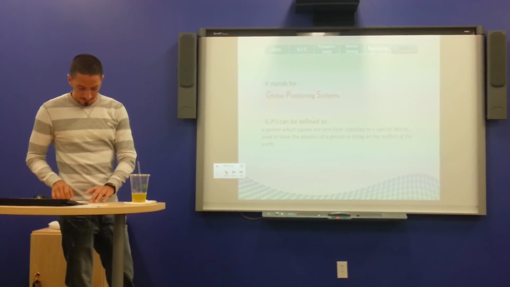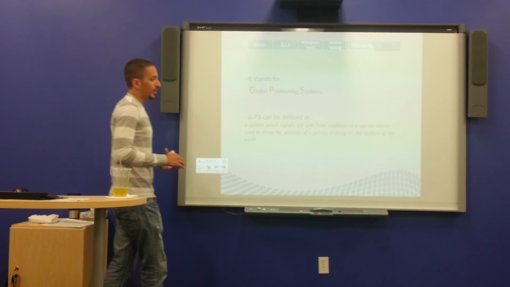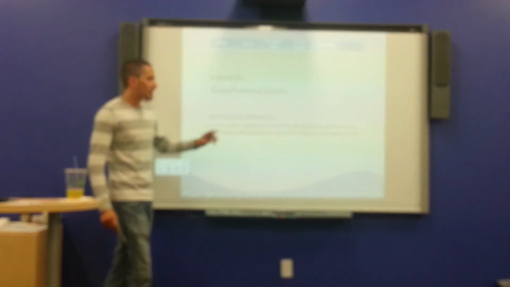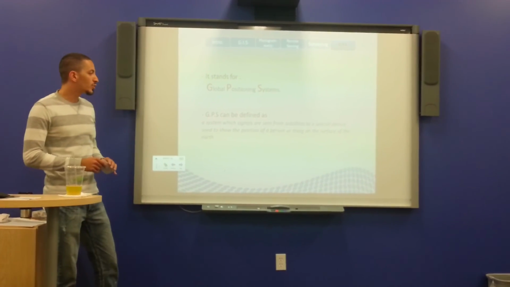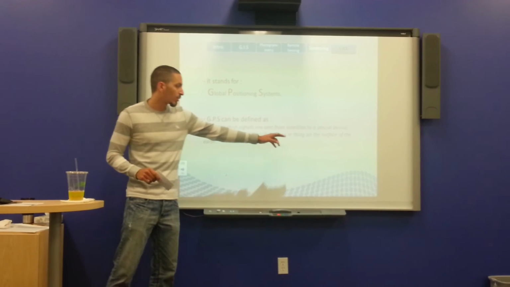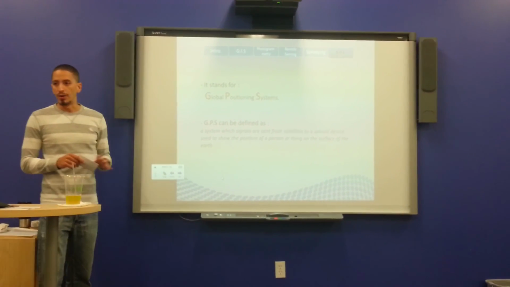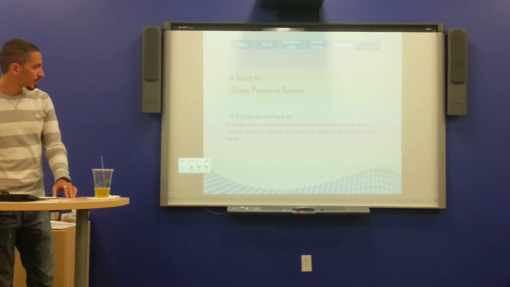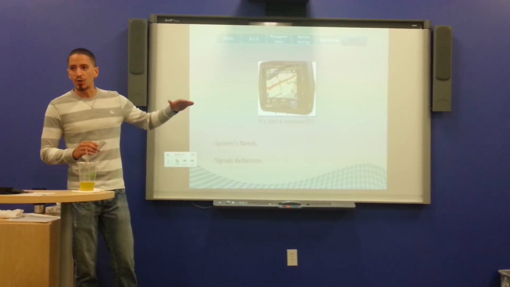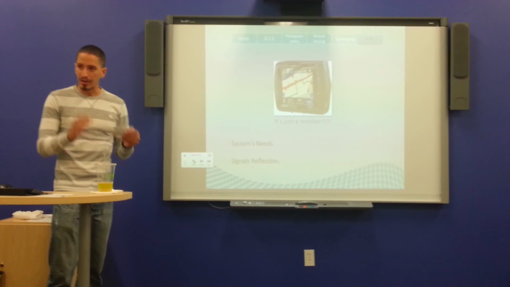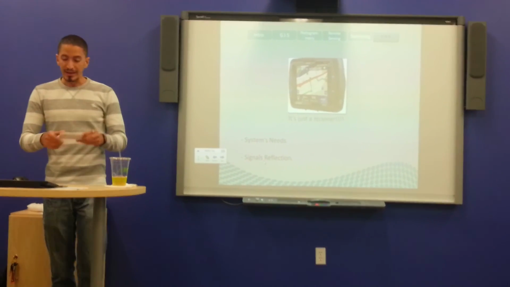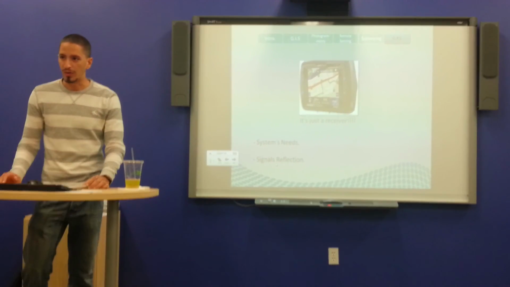Then, finally, the GPS. It stands for Global Positioning System. The definition is a system in which signals are sent from satellites to a special device used to show the position of a person or thing on the surface of the Earth. Everybody says, I have a GPS on my mobile. No, that's a device or receiver, and the whole system is GPS. Okay, the system needs: first, we need a device, like an app in your